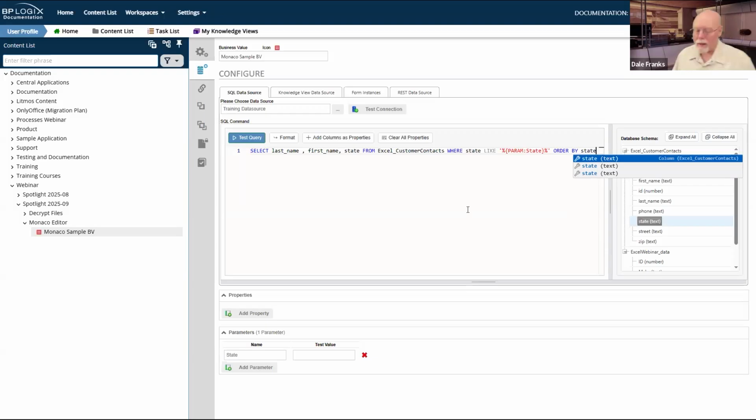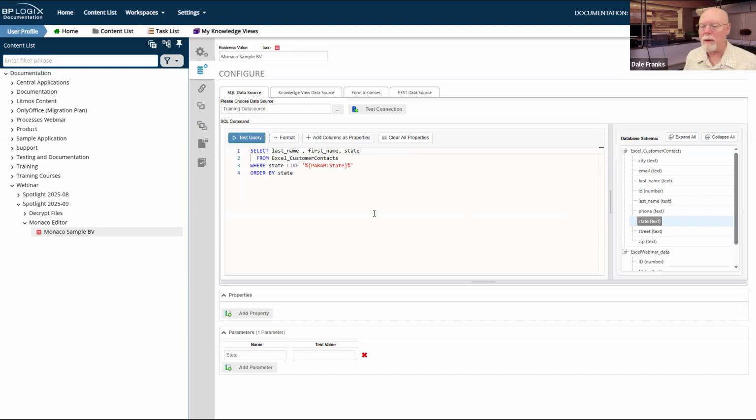Well, great. This looks good so far, but one of the nice things that I can do, and it's a new button that now exists in this particular editor, is the format command. So I can actually format my SQL query by clicking the button, and it takes my SQL and puts it in the appropriate syntax formatting to make it look all pretty. Everything else works exactly the way you would expect.